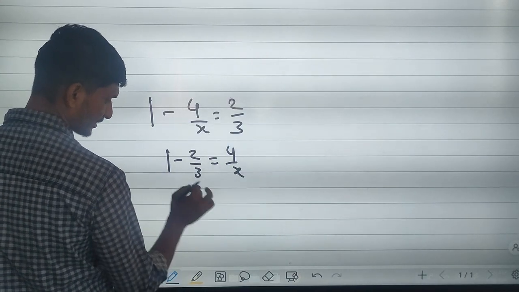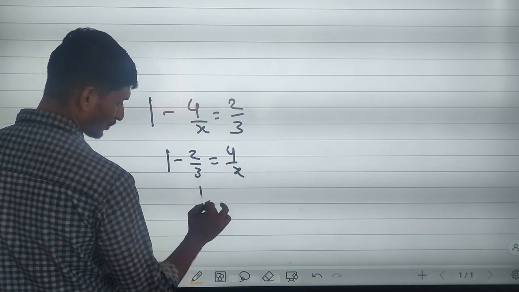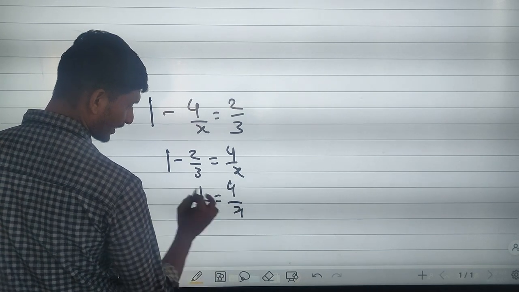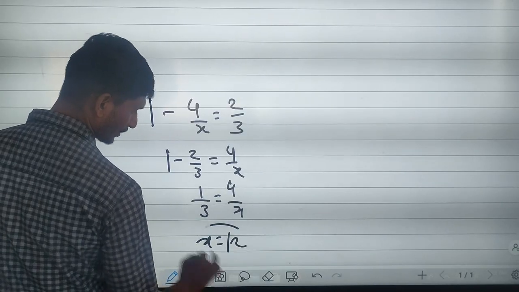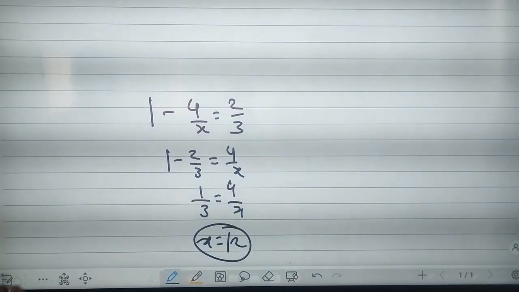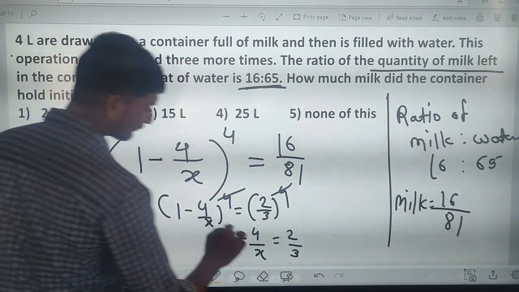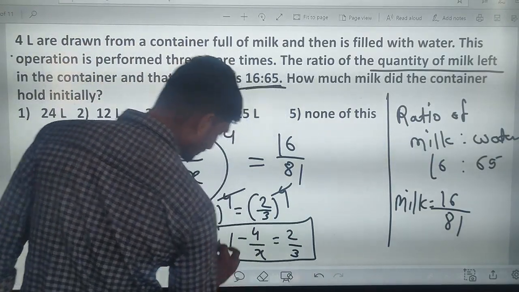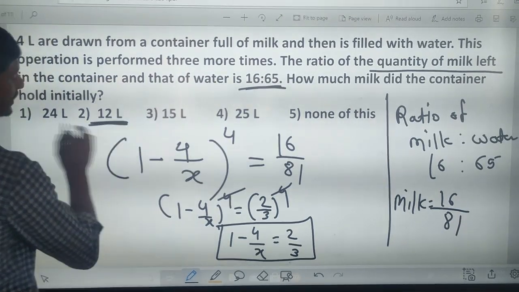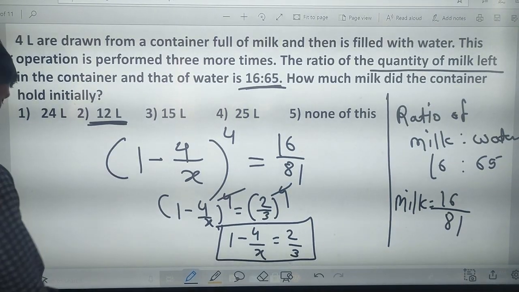4 by x. Then 3 ones are 3 minus 2. 1 by 3 is equal to 4 by x. Then x is equal to 12. Then the total quantity of milk is 12 liters. So initially the total quantity of milk is 12 liters. Next,